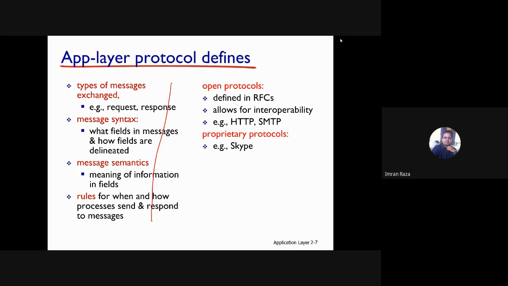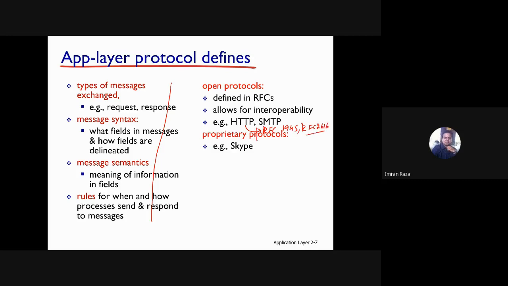Their RFCs are available. For example, for HTTP we have 2 RFCs. Request for comments is a technical document that has all the implementation details, right? For HTTP, we have RFC 1945, and then we have RFC 2616.